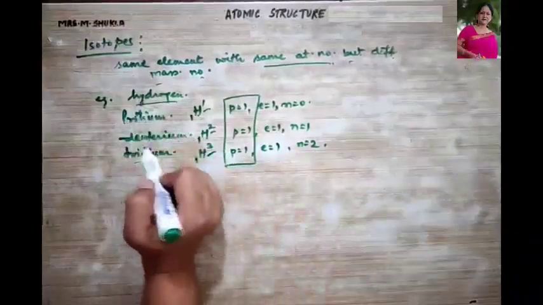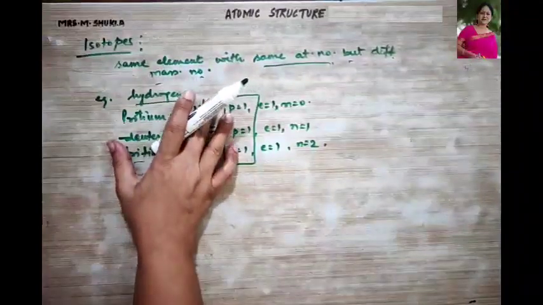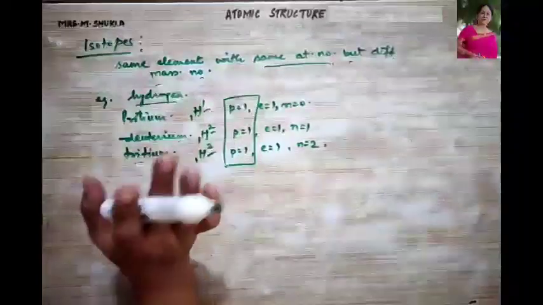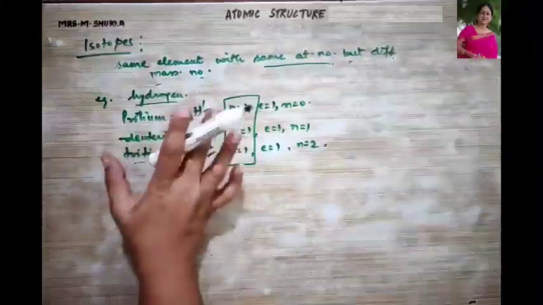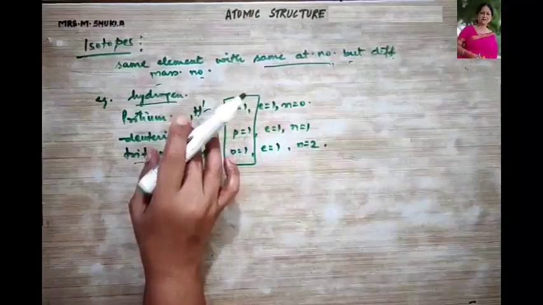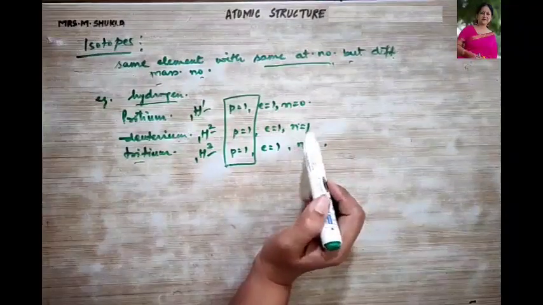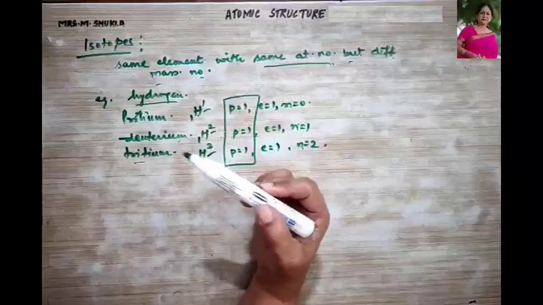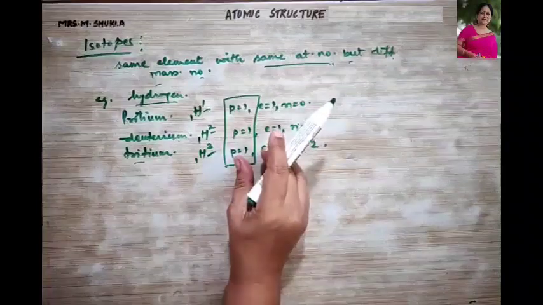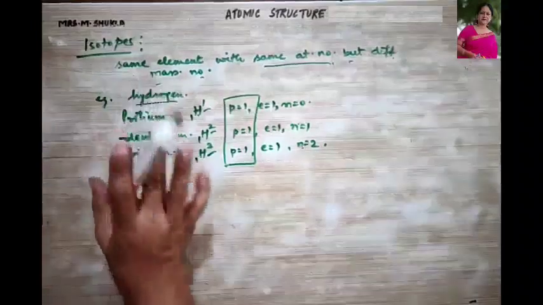So such elements are termed as isotopes. They have similar chemical properties. All these 3 hydrogen atoms have similar chemical properties. Isotopes only differ in their physical constants and their weights. That is, the mass number depends on the number of neutrons present over here. And if you see, the neutrons are different in all the 3. So definitely the physical constants and the weight differ for all the 3. Then they occupy the same position in the periodic table. Hydrogen has the first place in the periodic table.